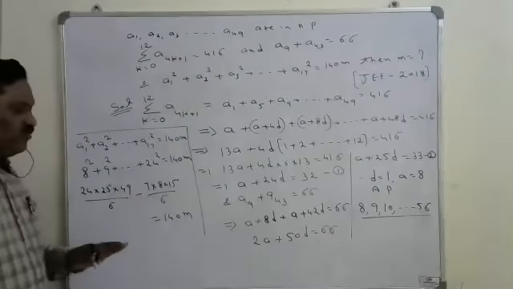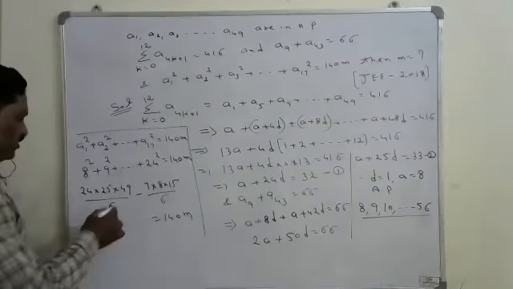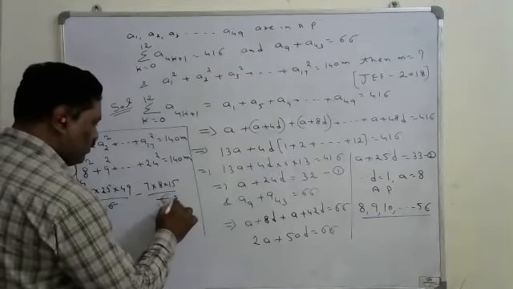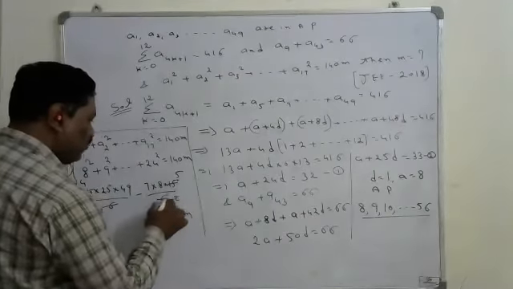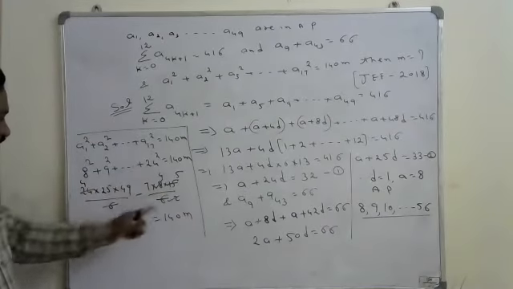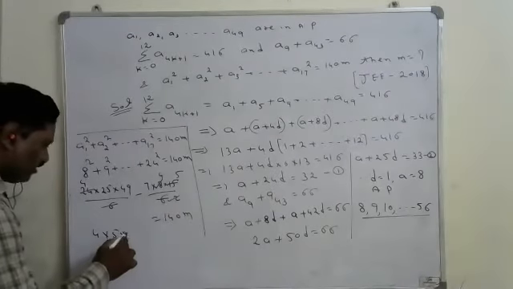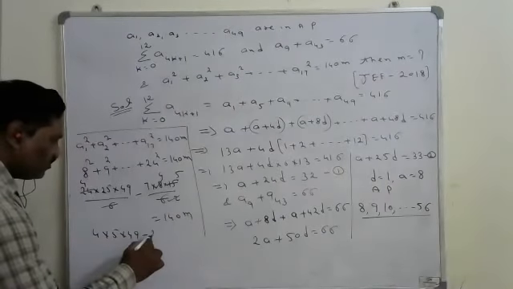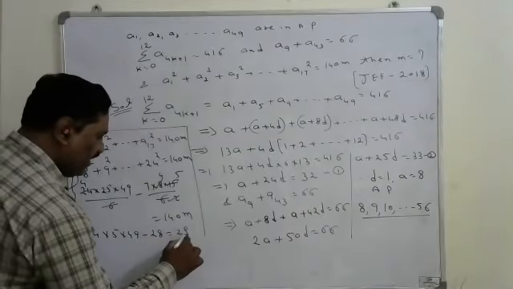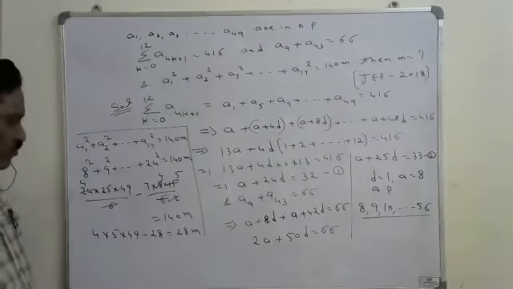This was given as 140M. We have to find the value of M from this. So here 6 ones are, 6 fours get cancelled. 3 twos are 6, 3 fives are 15, get cancelled. 2 ones are 2, 2 fours are 8, get cancelled. Now on both sides I can divide by 5 also. That is 4 into 5 into 49 minus 7 fours are 28, divided by 5. 5 twos are 10, 5 eights are 40, get cancelled. Now divide by 7 also on both sides.